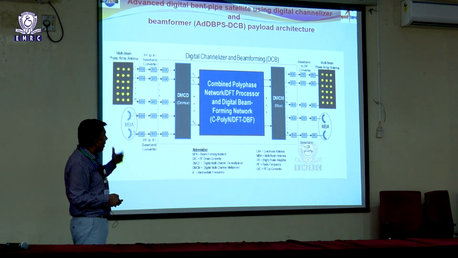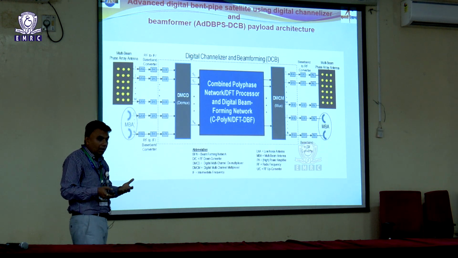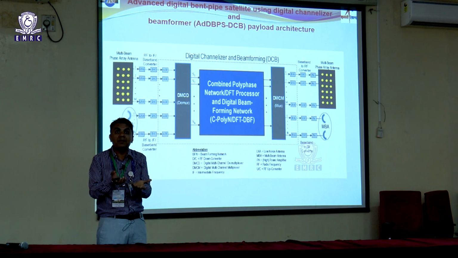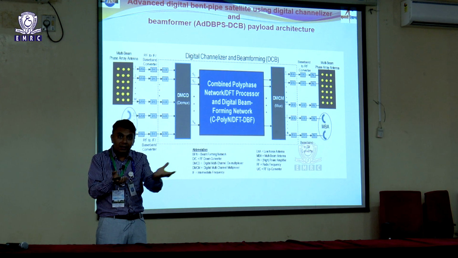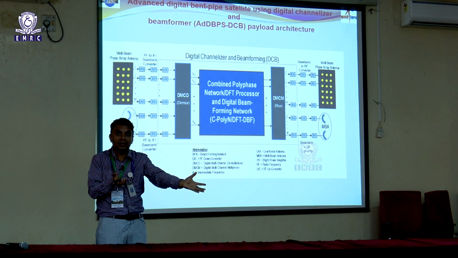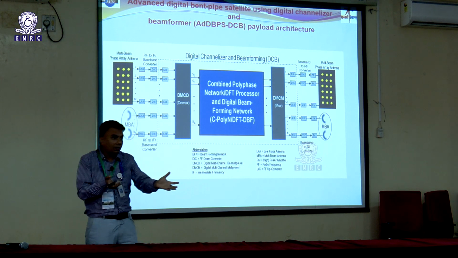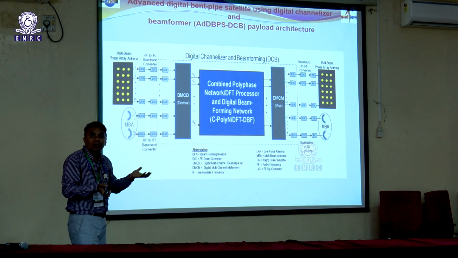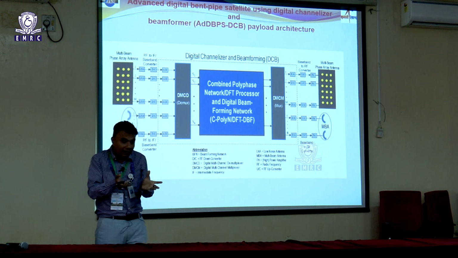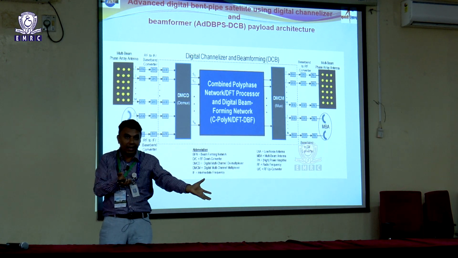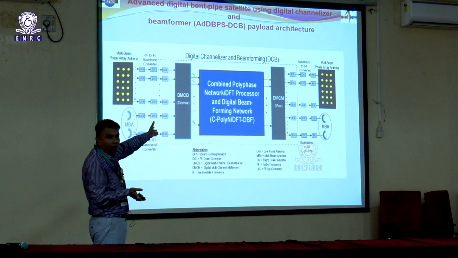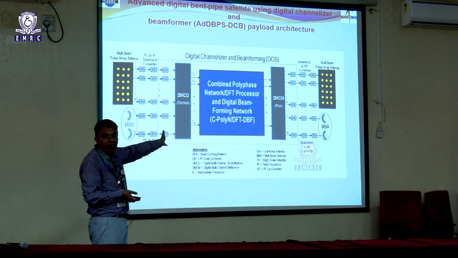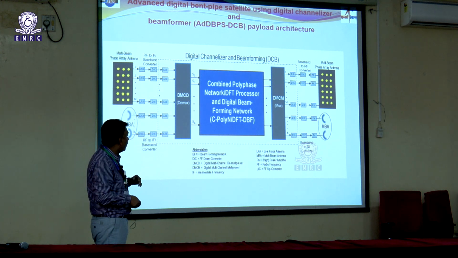If you go beyond this, nowadays these satellites are coexisting with 5G, and later on 6G will also come into the picture. So a lot of interference will come into the picture. We have to create nulls in the areas where the interference is coming from. In order to create nulls, we have to put a digital beam forming network on the satellite itself, where the satellite will create nulls at certain angles and direct the signal where you want to transmit. This is now a requirement, and we are also using polyphase DFT filters to create the beam forming.